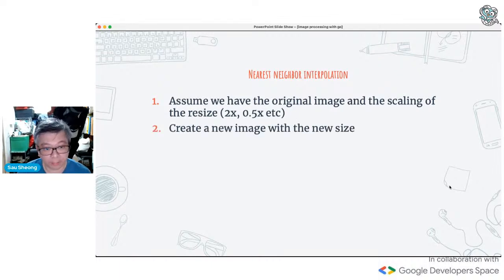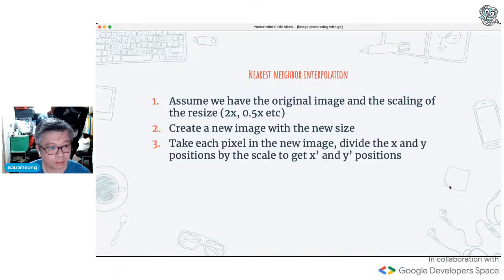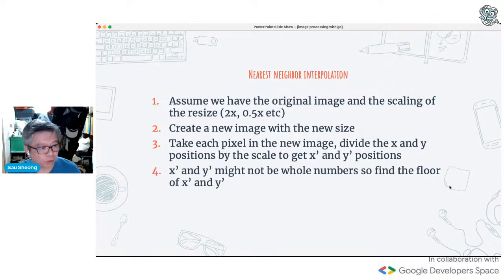So first of all, we create an image with a new size. Then for each pixel in the new image, we divide the X and Y positions with the scale to get X prime and Y prime positions. Of course, the X prime and Y prime are not going to be whole numbers most of the time. So we find a floor of X prime and Y prime, right?